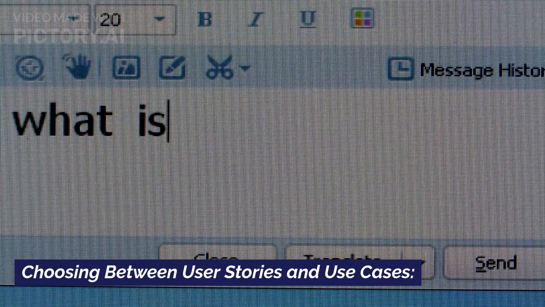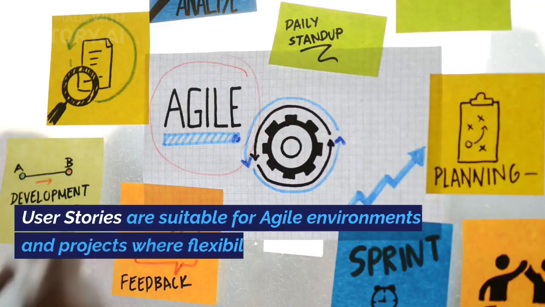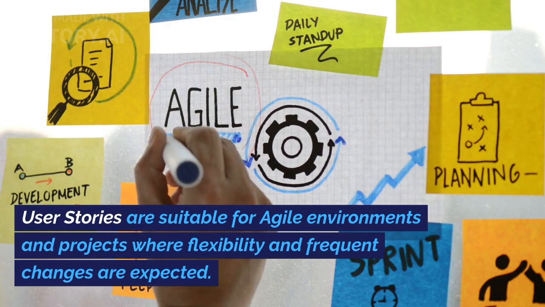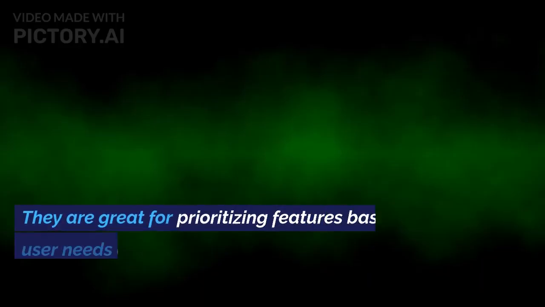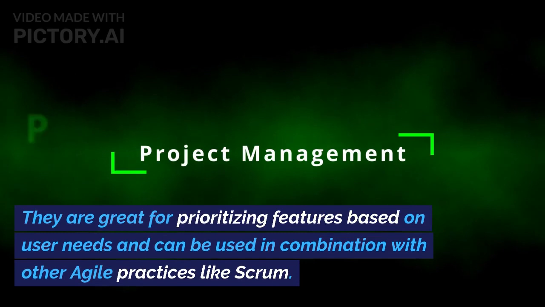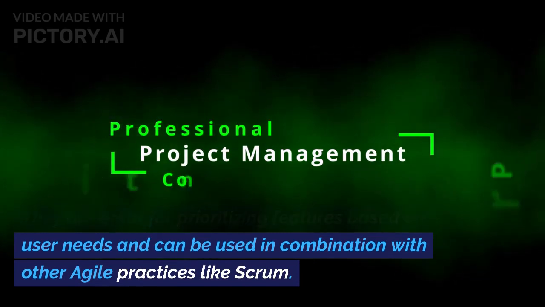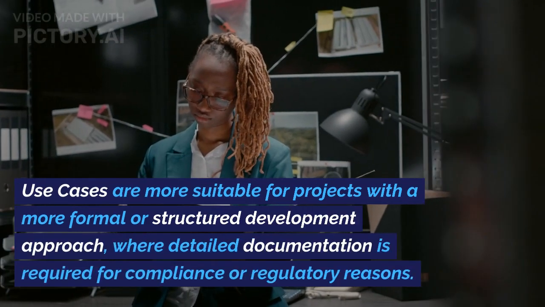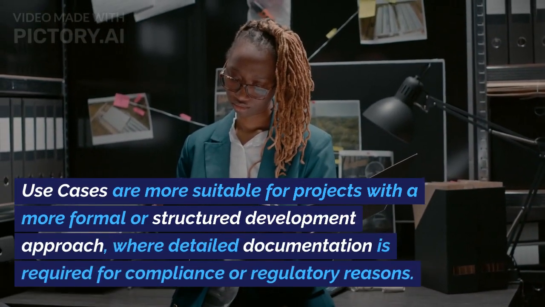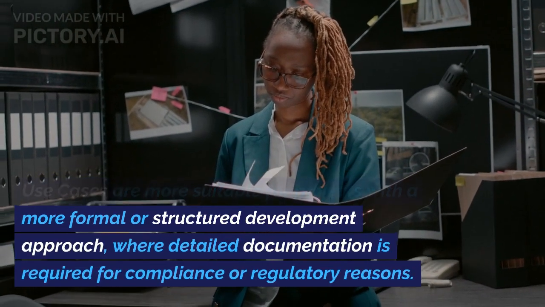Choosing between user stories and use cases. User stories are suitable for agile environments and projects where flexibility and frequent changes are expected. They are great for prioritizing features based on user needs and can be used in combination with other agile practices like Scrum. Use cases are more suitable for projects with a more formal or structured development approach, where detailed documentation